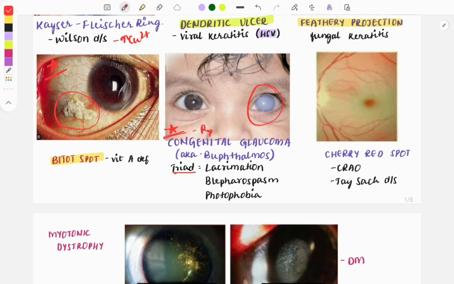Then the next image, we can see here a cherry red spot. So this finding is seen in various diseases, but the two main diseases which you need to remember are the CRAO, central retinal artery occlusion, and the Tay-Sachs disease. So if it is CRAO, then only an image-based question will be asked. But if they want to ask about the Tay-Sachs disease, then they will be giving certain features along with the